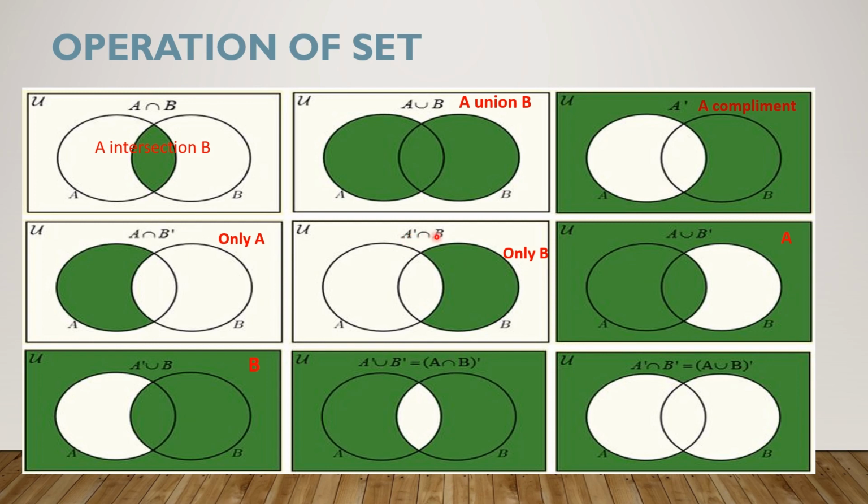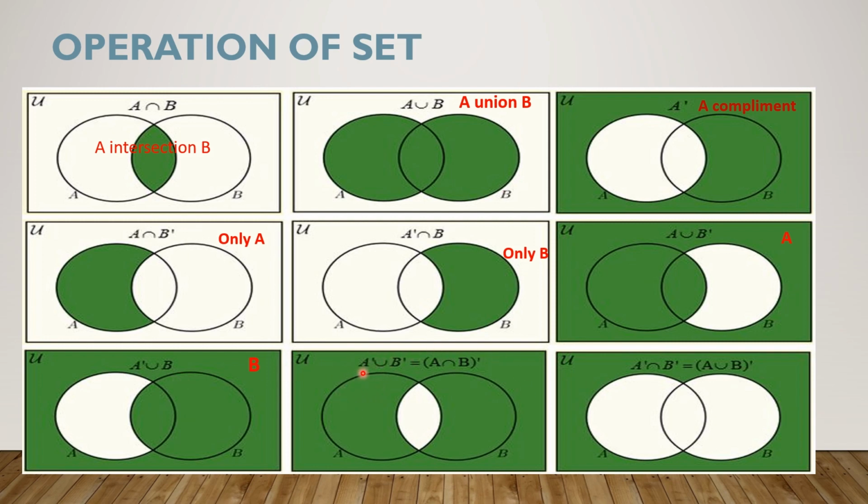A complement union B. Next, represent A union B complement. The shaded portion represents A union B complement. In this diagram, this diagram represents A complement union B. Next one,